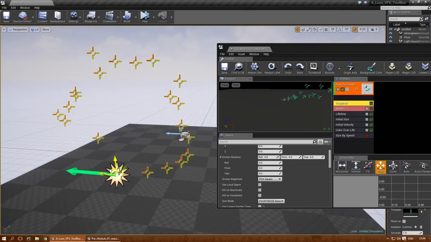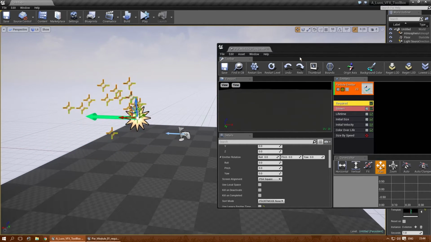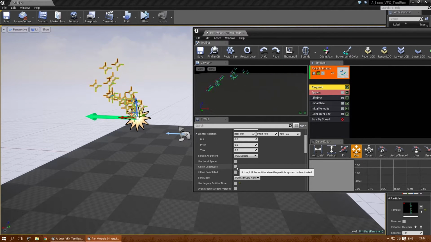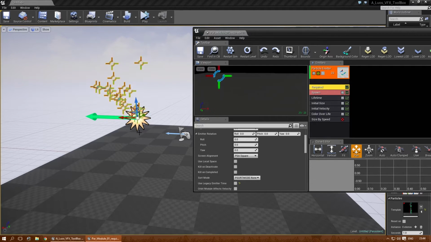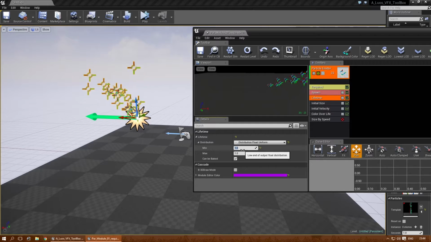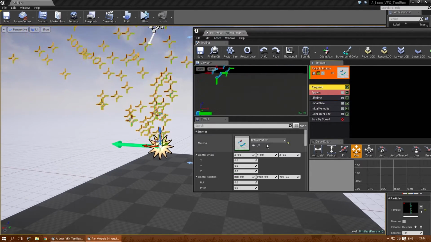That probably explains it better. There. Okay, what else? Kill and deactivate. If you deactivate the emitter through the blueprint code or whatever, then, let me explain it better. If these particles are still emitting because they have, for instance, a long lifetime, let me just up that for the sake of it, and go back to